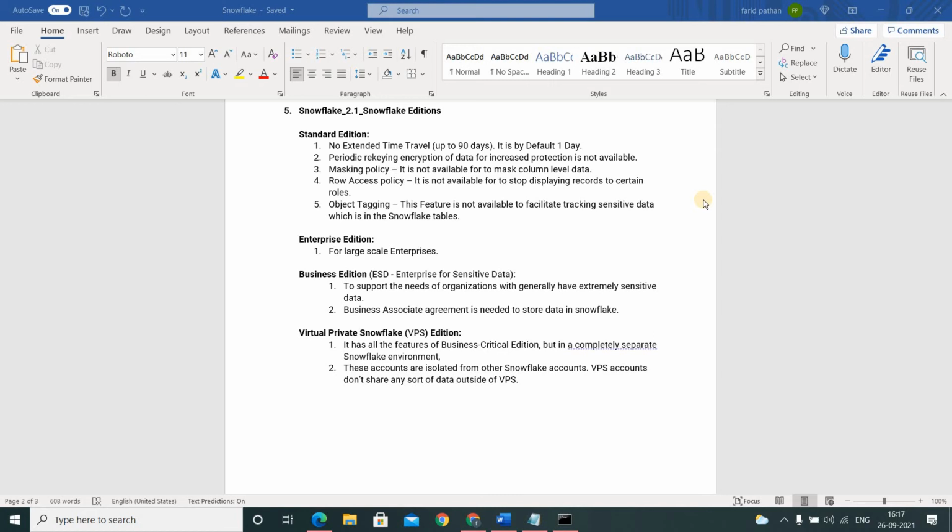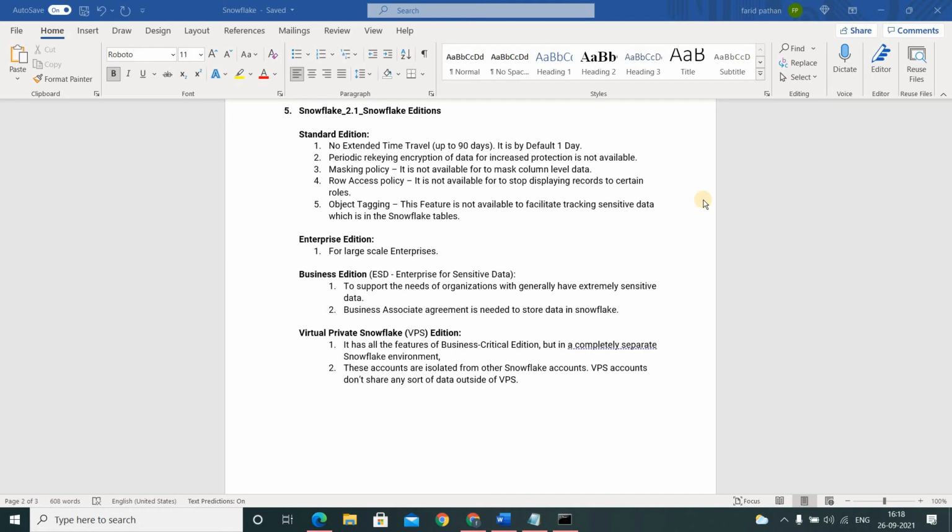For example, think that I belong to the sales manager of New York City of a particular organization. If the table has all the cities' data, whenever I query that table, I can see only the sales that happened in New York. I cannot see sales of other cities.